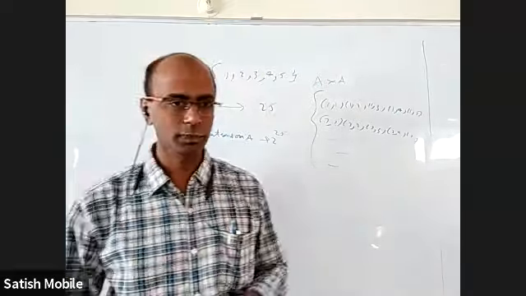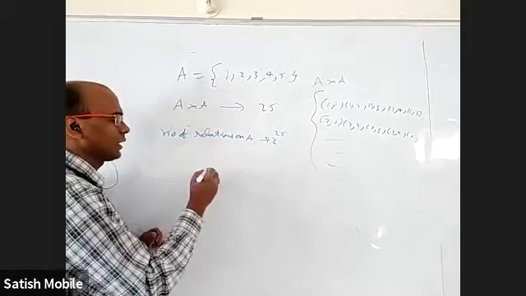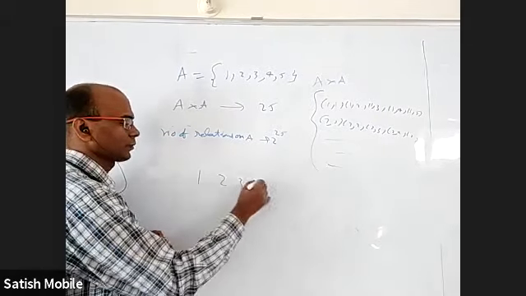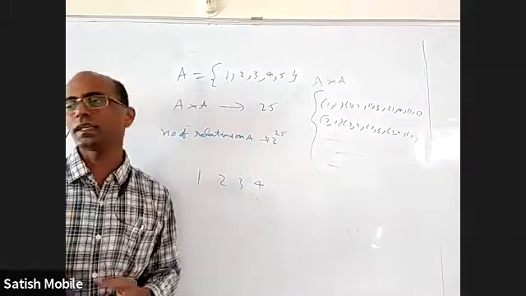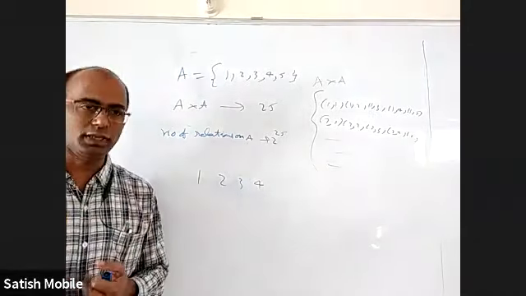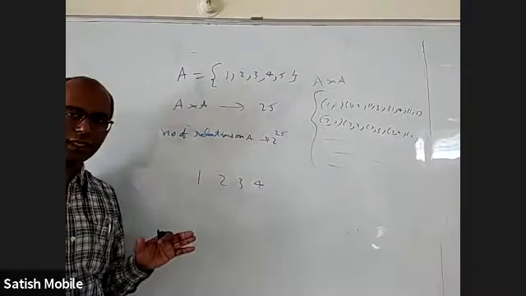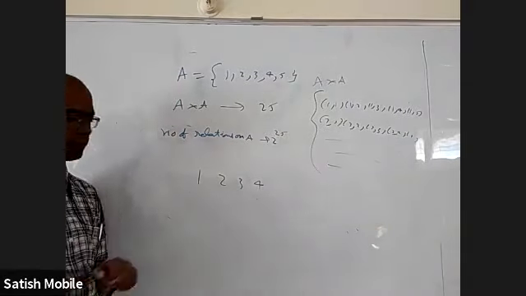Why? For example, a set has 4 elements. The number of subsets is 2 power 4. How to understand directly 2 power 4? I'll tell you another method. Each subset, I'll write in a code language.